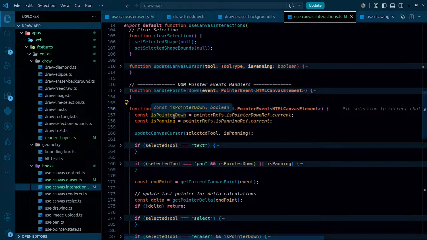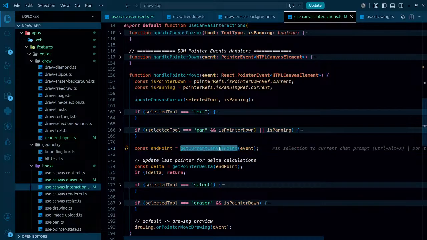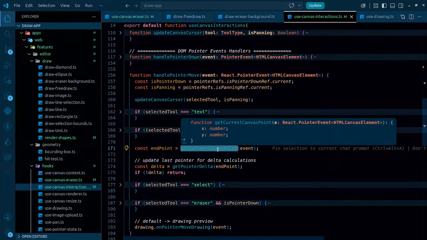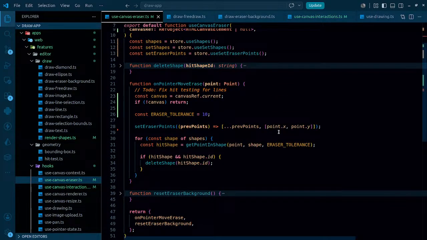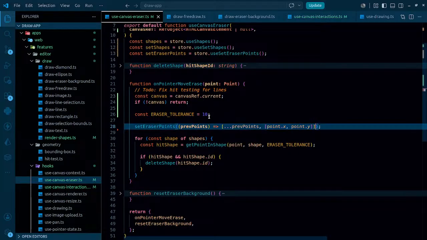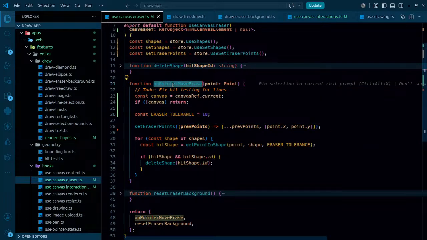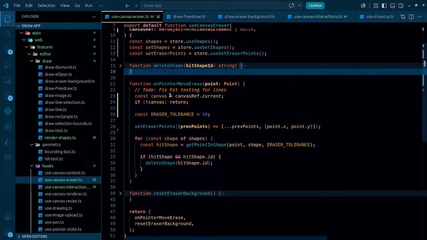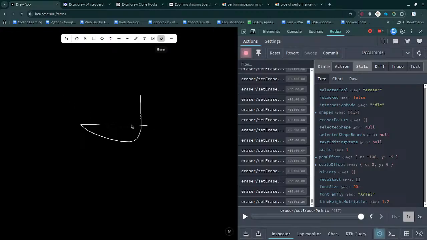We have handle pointer move, mainly talking about pencil right now, ultimately free draw. So when it comes to pointer down, what are we doing? First of all, we are getting the end point. That's nothing but the run to canvas pointer. That simply means that the point I'm sending in here is not the exact one, but at the end of the day, if I moved the canvas here,